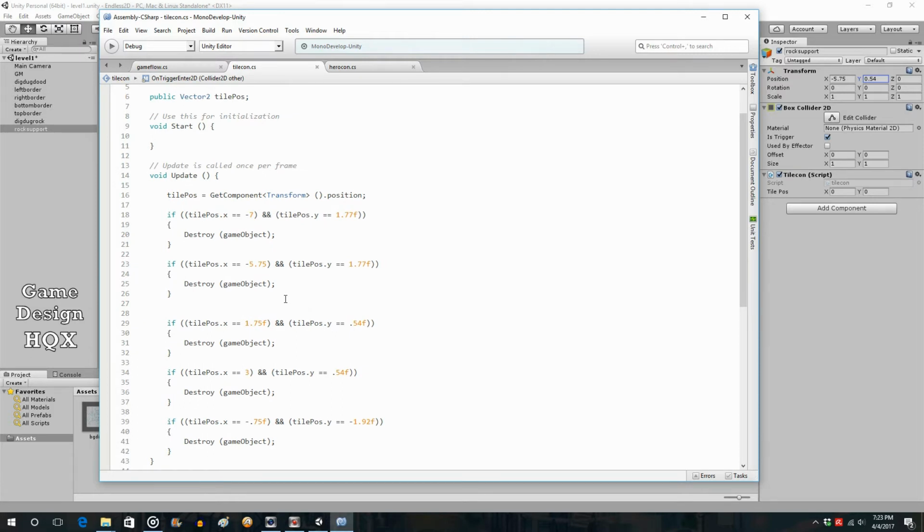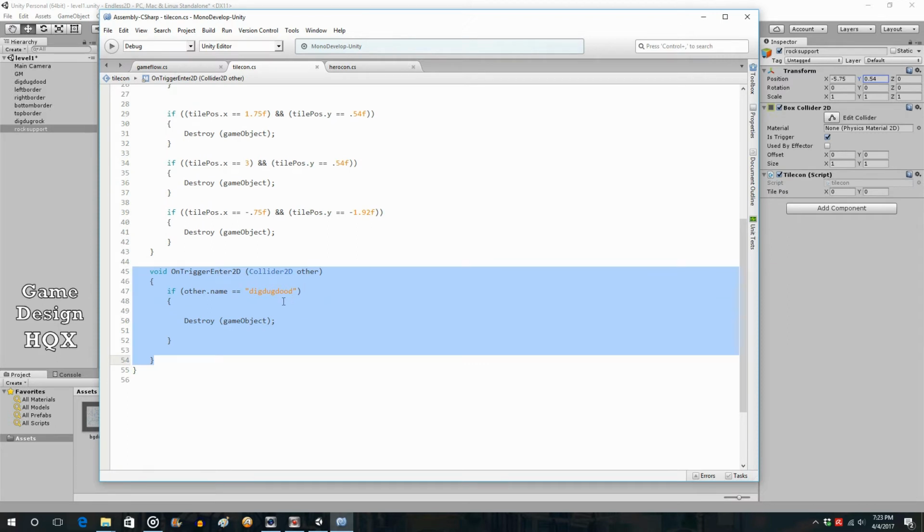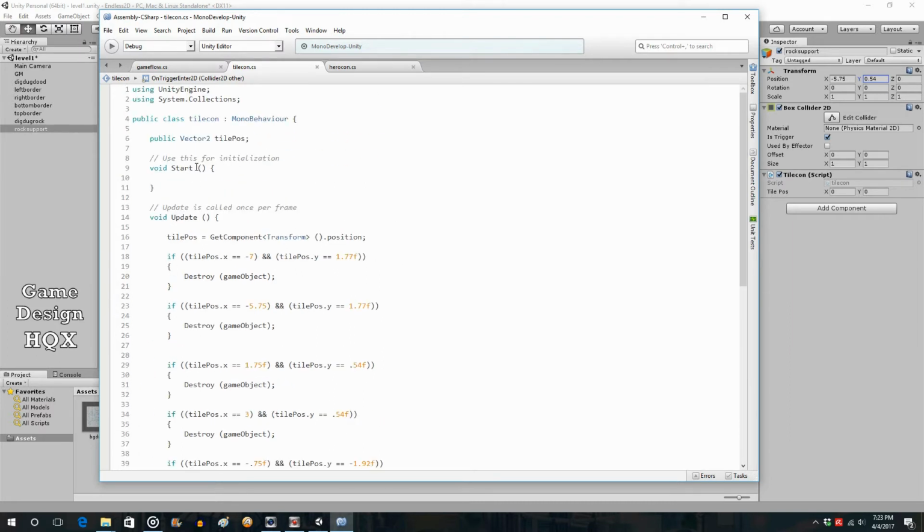We don't have to reinvent the wheel, but we do want to add an additional condition. So we said that when the rock support tile gets destroyed, we want to trigger a new variable. So what we're going to do is this. And again, this isn't the only way to do it. This is just a way to do it. I'm never going to say that this is the best way to do it. I'm simply showing you a way to do this, and then you can take the ball and run with it